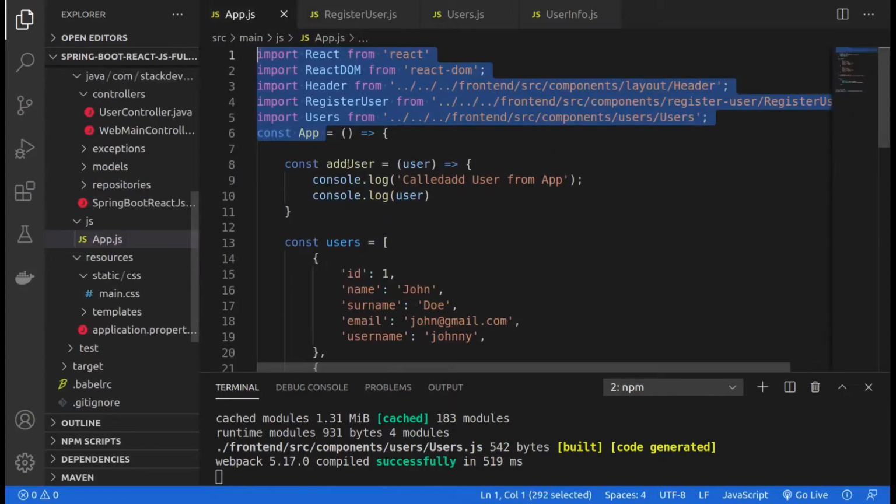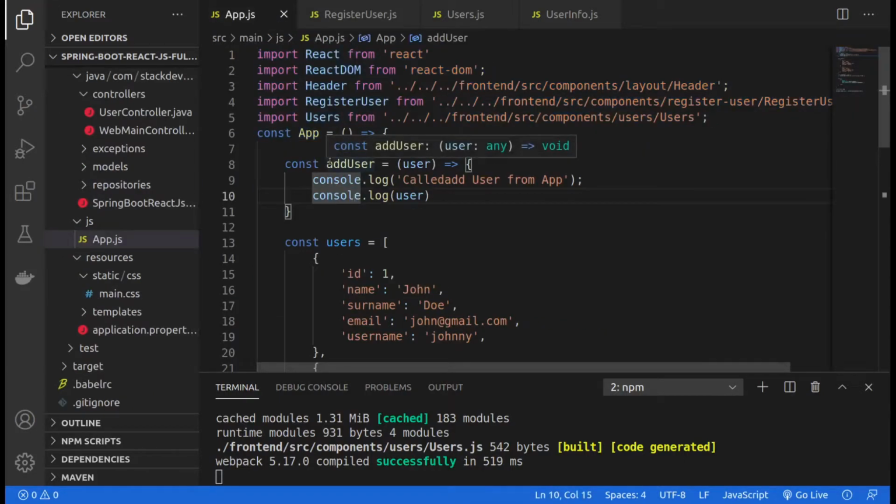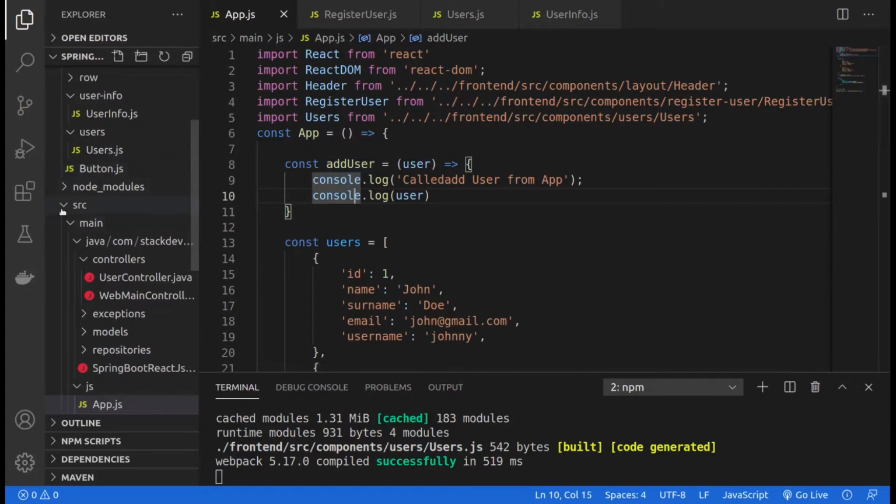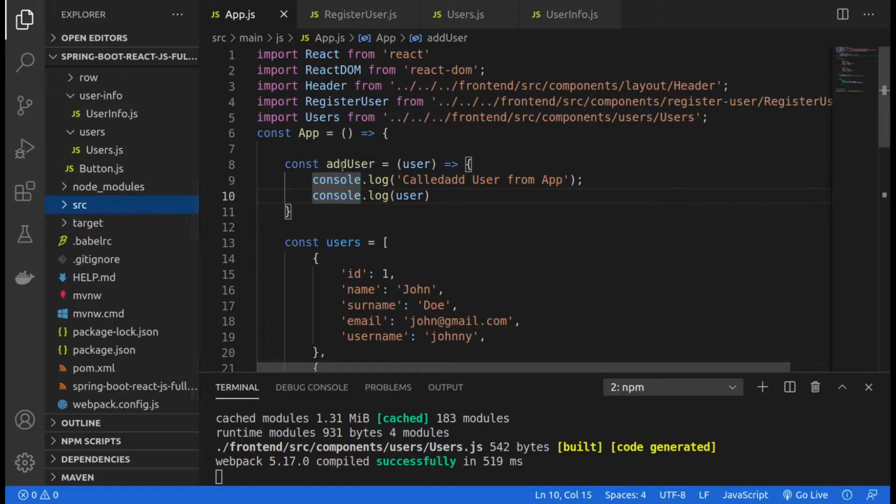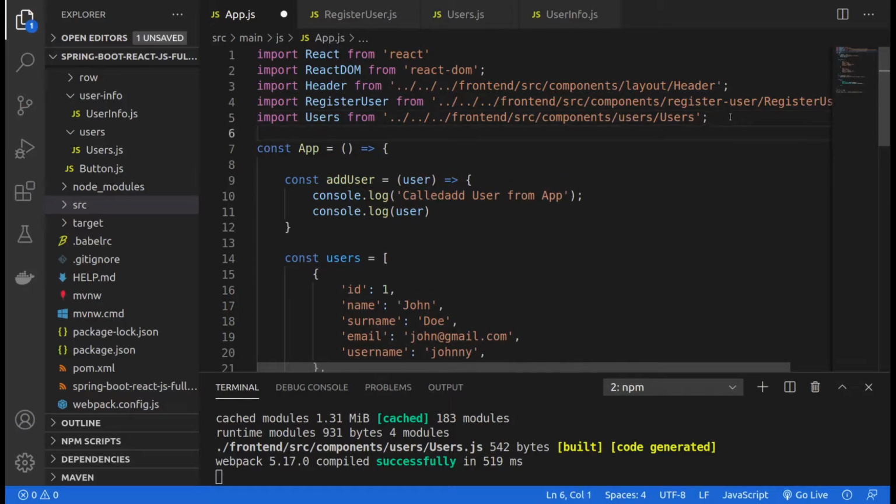So let's go back to the addUser. What we want to do is perform a post request inside this app.js. Remember, for all our API calls, we're going to perform them inside this app.js. We're going to use Axios, which is a promise-based HTTP client. The first thing we need to do is bring in Axios. So I'm going to say import Axios from